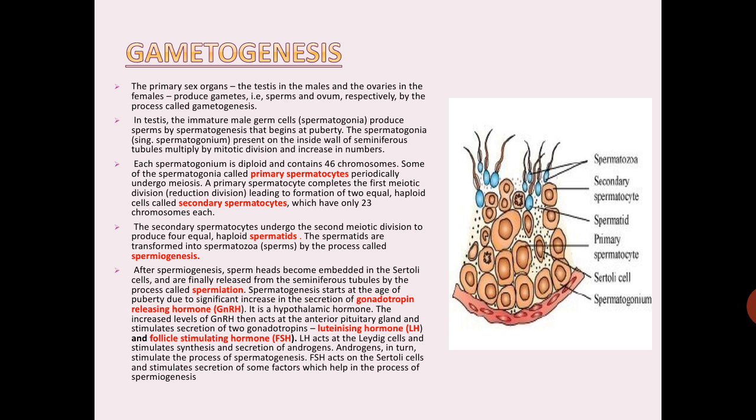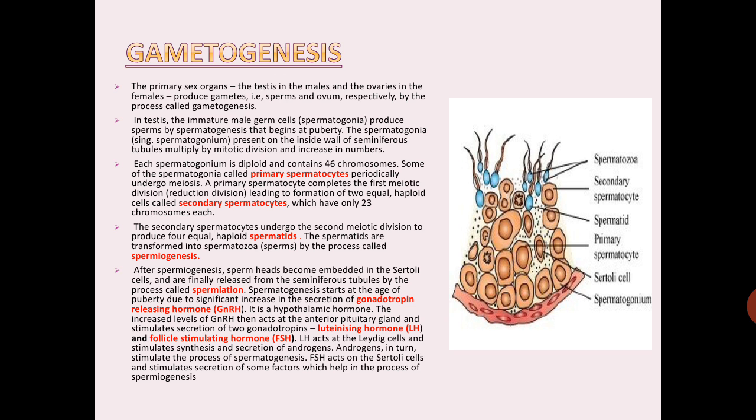So it acts on the anterior pituitary gland and stimulates the secretion of two gonadotropins, that is luteinizing hormone and follicle stimulating hormone. LH and FSH are secreted. LH acts on the Leydig cells and stimulates the synthesis and secretion of androgens. Androgens in turn stimulate the process of spermatogenesis, whereas FSH acts on the Sertoli cells and stimulates secretion of some factors which help in the process of